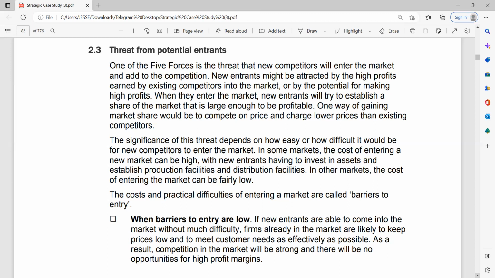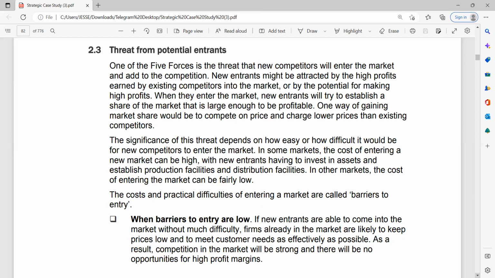However, if there are strong boundaries in that industry and it's not easy for competitors to come into the market, then competition will likely reduce. New entrants might be attracted by the high profits earned by existing competitors into the market or by the potential for making high profits. When they enter the market, new entrants will try to establish a share of the market that is large enough,